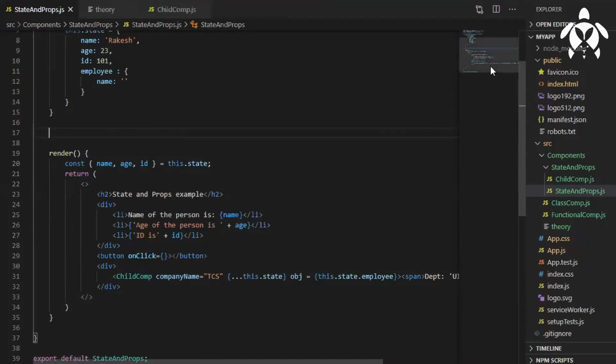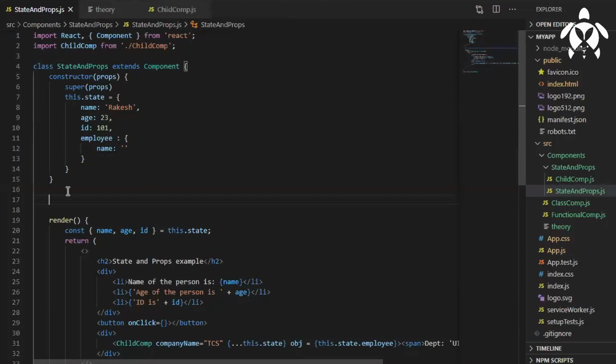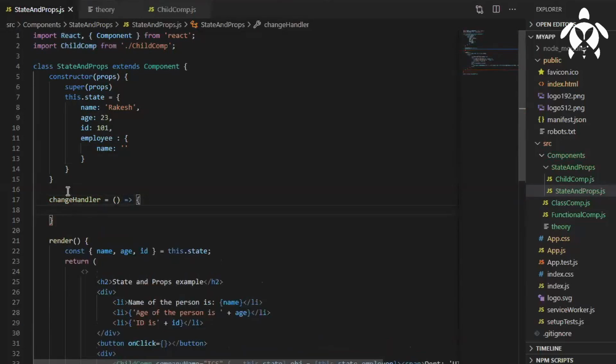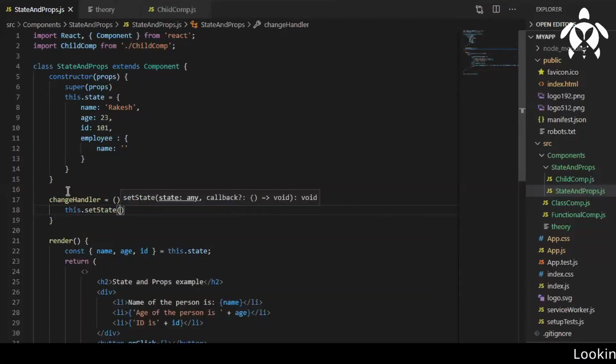As it is a class based component, I will directly write the function name, let's say changeHandler function. Because I'm going to change the data, I'm going to create an arrow function. In this arrow function I will have this.setState. setState is a method which takes a function as a callback, and then you can change the data.